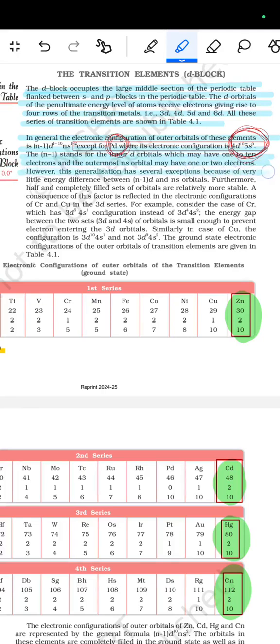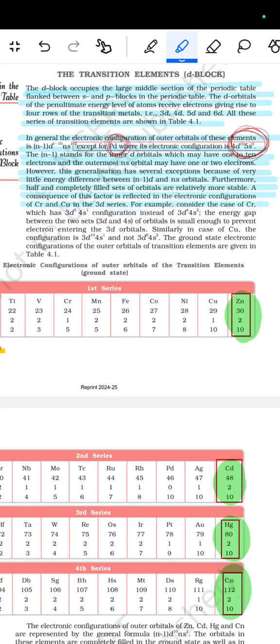However, this generalization has several exceptions because of the very little energy difference between the (n-1)d and the ns orbital. Furthermore, half-filled and completely filled sets of orbitals are relatively more stable. A consequence of this factor is reflected in the electronic configuration of Cr and Cu in the 3d